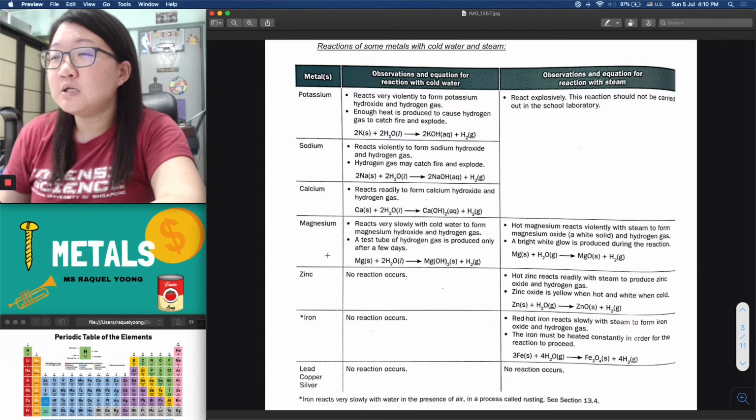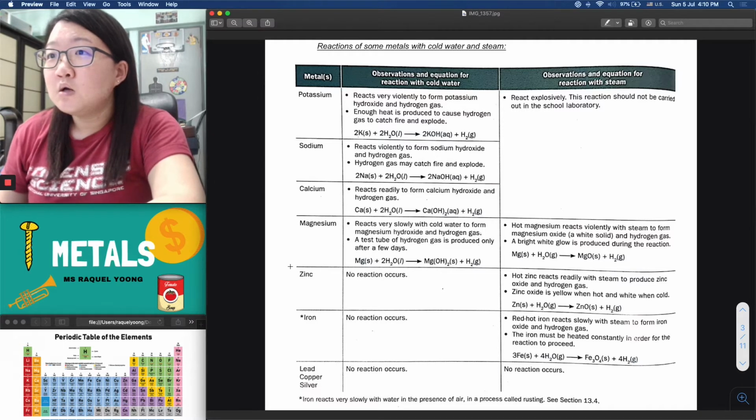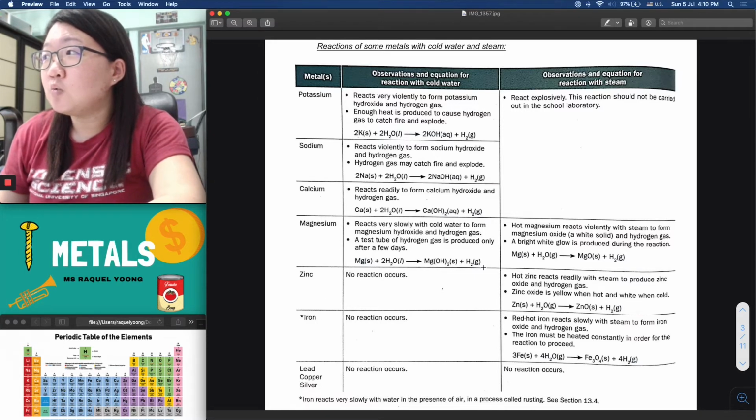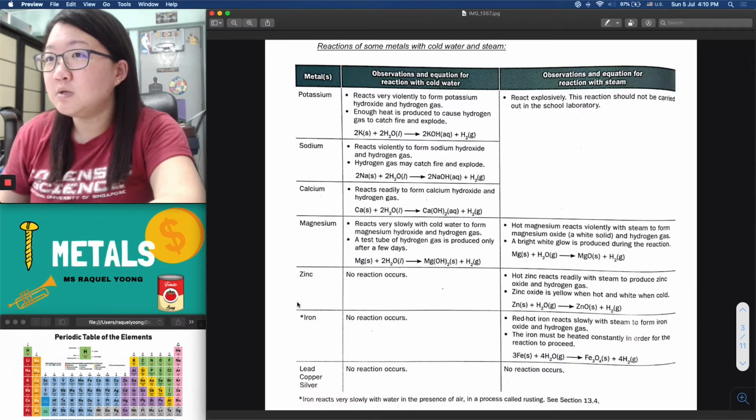Okay, so this really illustrates that as you go down the reactivity series of metals, your metals do not react that well anymore. In fact, to the point where once you reach zinc and beyond, iron, lead, copper, silver, there is no reaction that occurs. So then for zinc onwards, because the use of cold water can no longer help us determine the relative reactivity, the next best